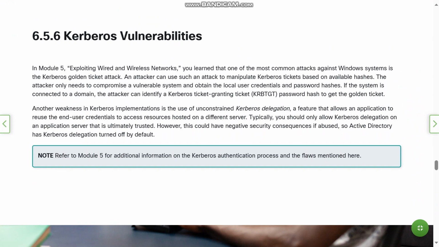Kerberos vulnerabilities. In exploiting wired and wireless networks, we learned that one of the most common attacks against Windows systems is the Kerberos golden ticket attack. An attacker can use such an attack to manipulate Kerberos tickets based on available hashes. The attacker only needs to compromise a vulnerable system and obtain the local user credentials and the password hashes. If the system is connected to a domain, the attacker can identify a Kerberos ticket granting ticket password hash to get the golden ticket. Another weakness in Kerberos implementation